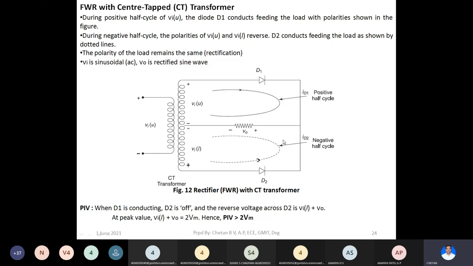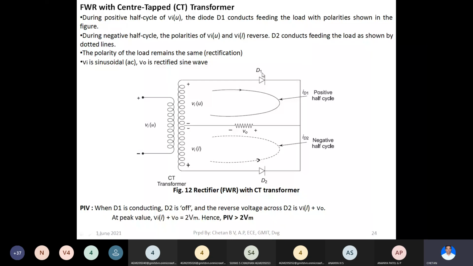So as usual, the operation of this rectifier is divided into two half cycles. During the positive half cycle, the polarity of this part will be like this. Here, this will be positive and this will be negative during the positive half cycle. And simultaneously, the polarity of this part will be negative here and positive here for the positive half cycle. So during positive half cycle, out of these two diodes,